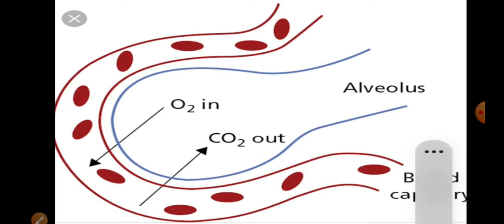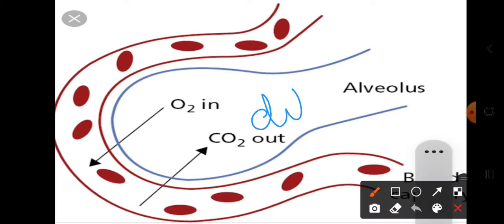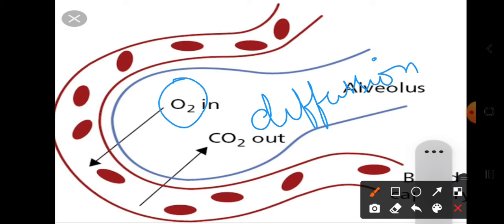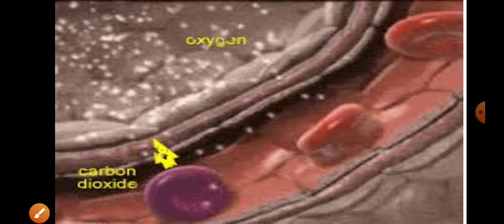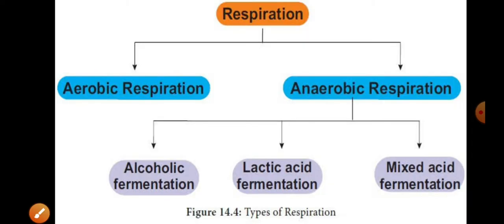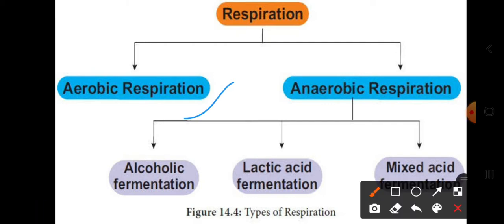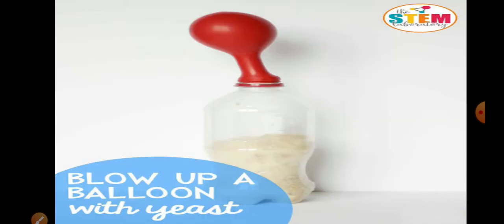Yes, diffusion of gases we are saying. So this word diffusion is saying that exchange of ions from a higher concentration level to lower concentration level. And then we even came to know the different types of respirations, that is aerobic respiration and anaerobic respiration. And you people made some models of lungs, working models, and even you people tested the anaerobic respiration with the